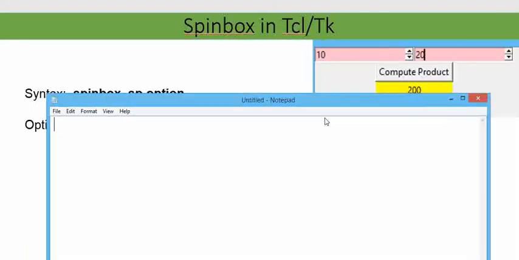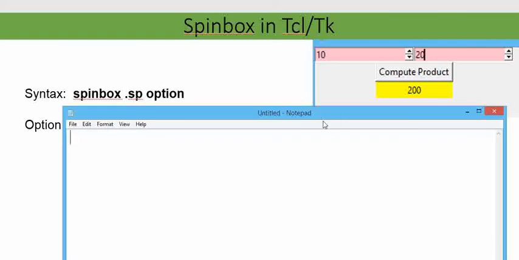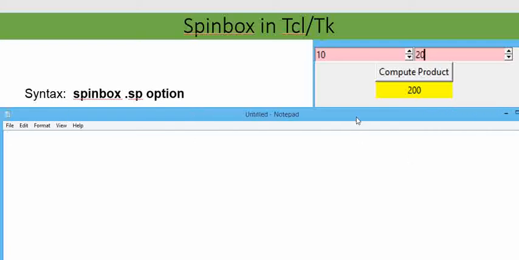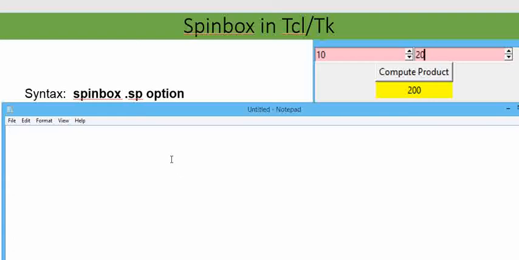with Spinbox. First of all, open a notepad. In this notepad, following how the diagram or the graphics has appeared, in the same way I am going to start writing the program. First of all, I do require one spinbox dot sp1. Now here I am giving the option minus from. I am deciding the range from 0 to 100. Now I am going to decide minus increment, that will decide the step size of 2.